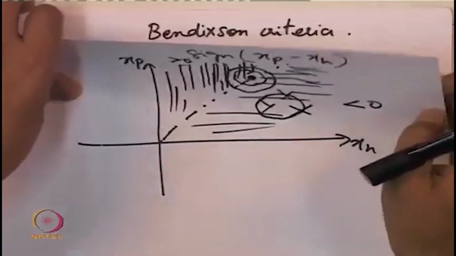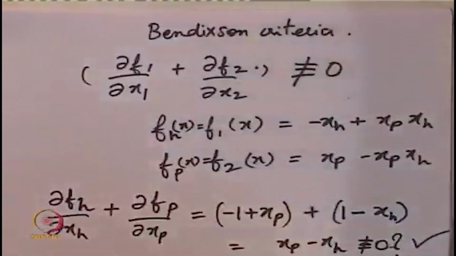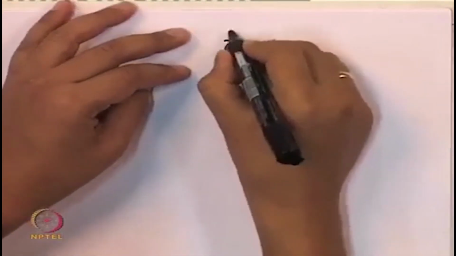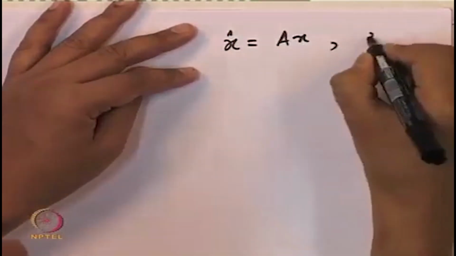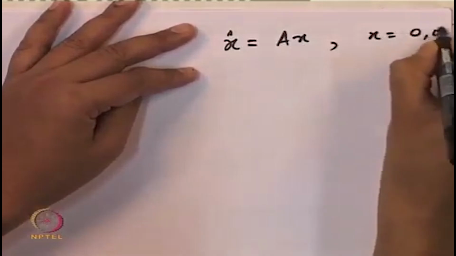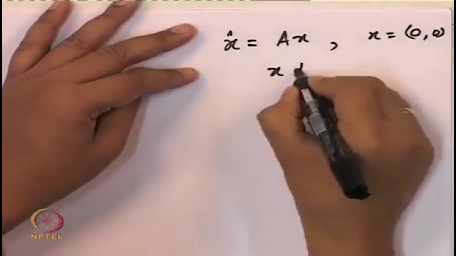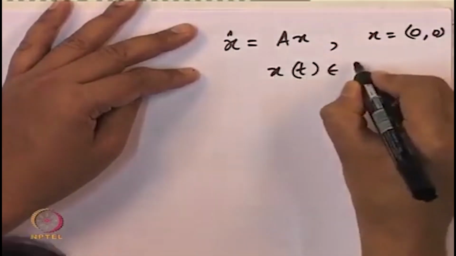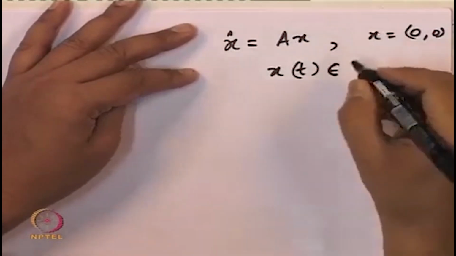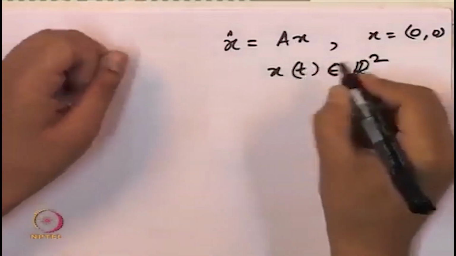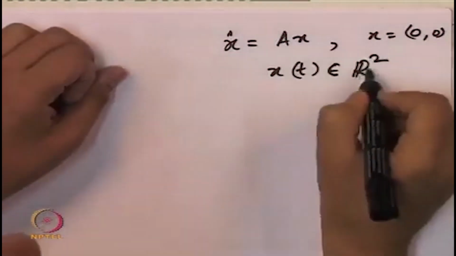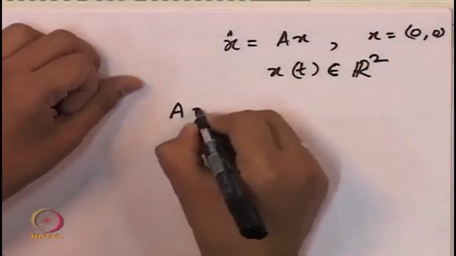Let us now check what the Bendixson criteria says for a linear system, x dot is equal to Ax, for which the equilibrium point is 0, 0. Bendixson criteria is applicable for the planar case, that is when x has two components at each time instant. x of t has two components, x1 and x2. So suppose A was equal to,